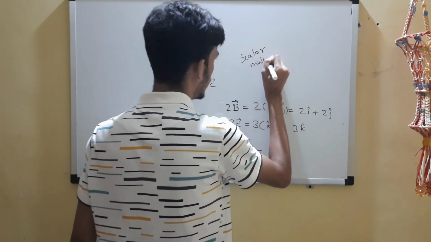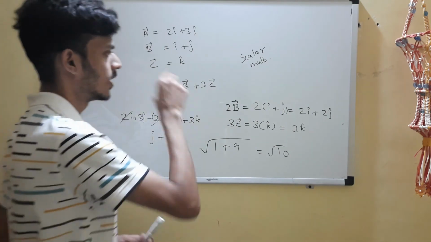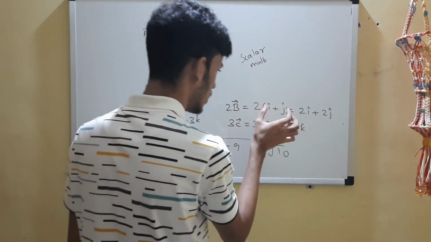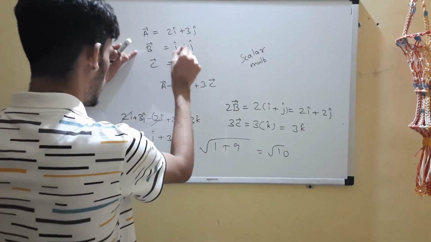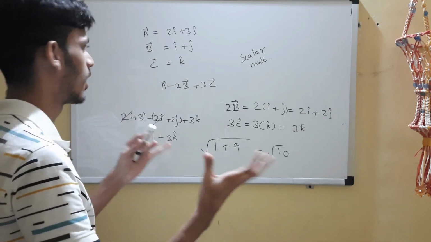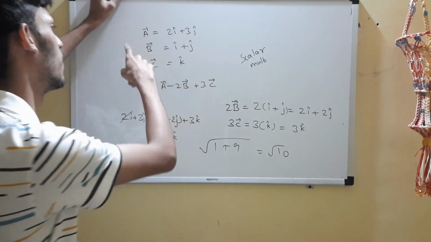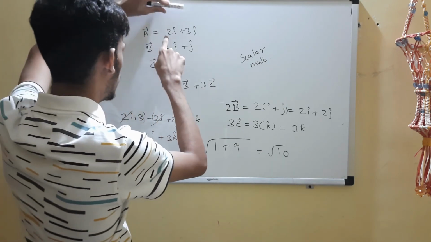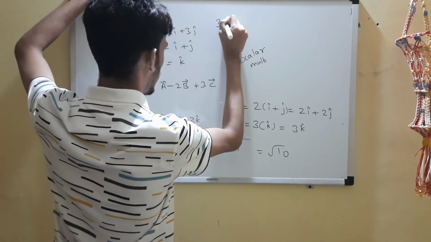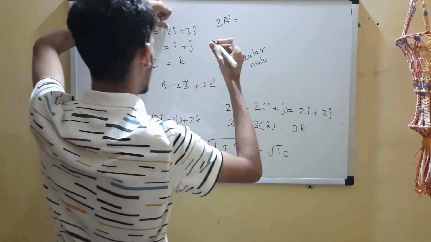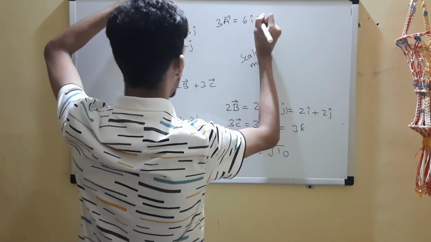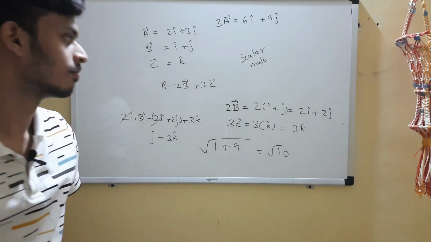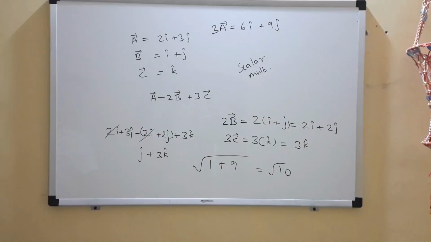How do you multiply a scalar to a vector? Just multiply it to each of the terms in the component form. 2b will be 2 times the b vector, 2 times each of these terms, so 2i cap plus 2j cap. This will be 3k cap. If I had to multiply 3 to this vector a bar, what will it be? Okay, tell me what is this? Just for practice: 3 2s are 6 i cap, and 3 3s are 9. Just for practice, you can note this down.